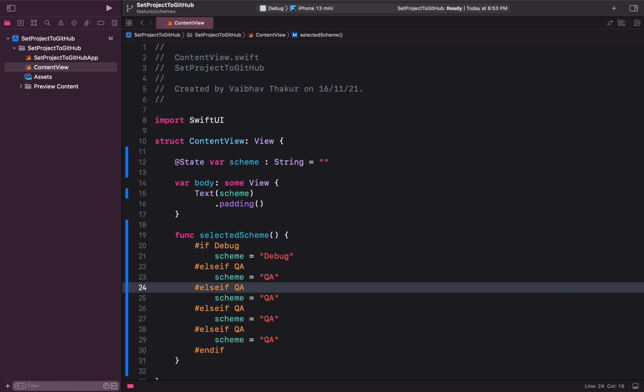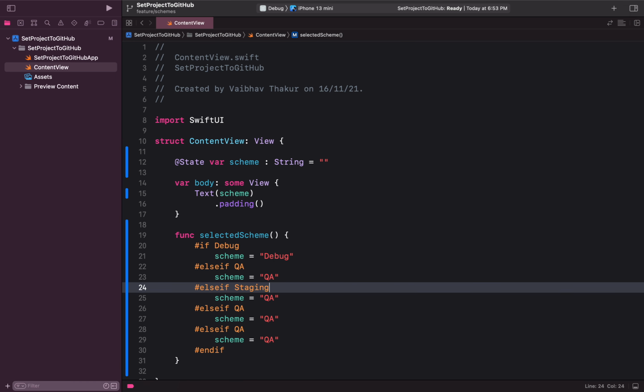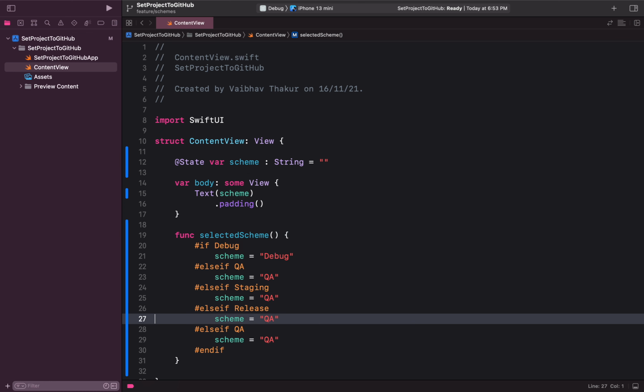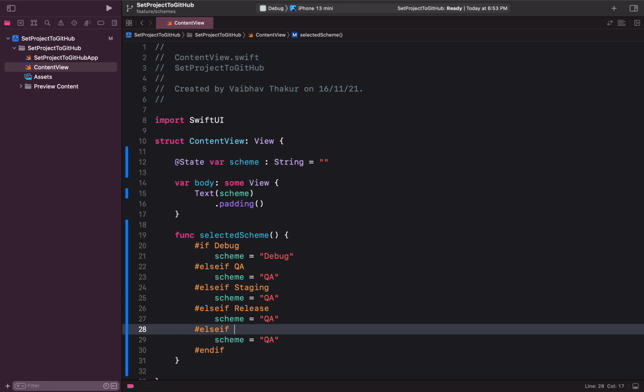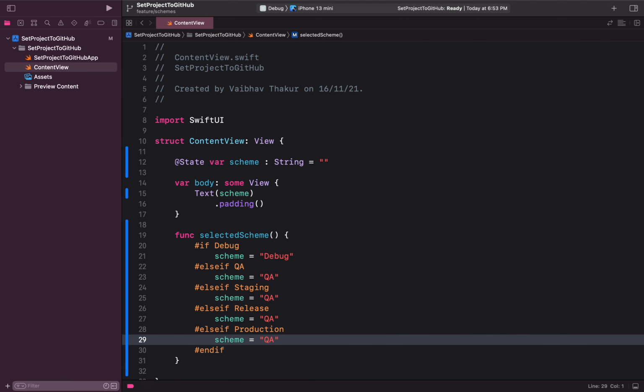So debug, QA was done. One more was staging, and release was there, and production was there.